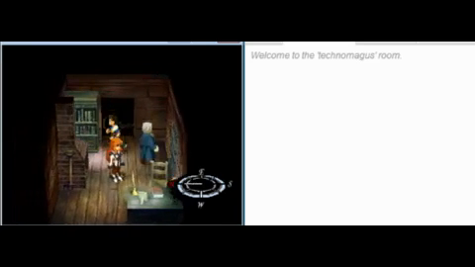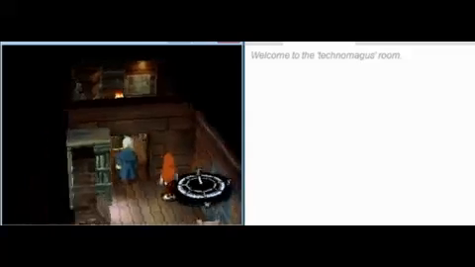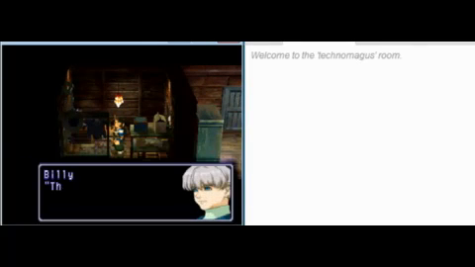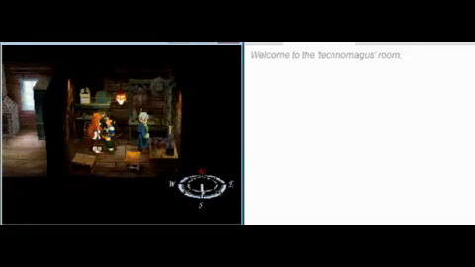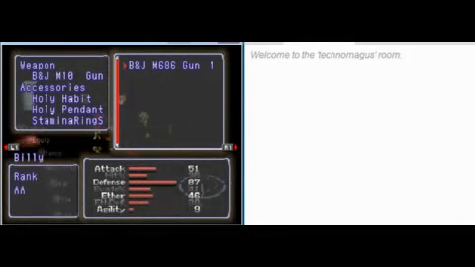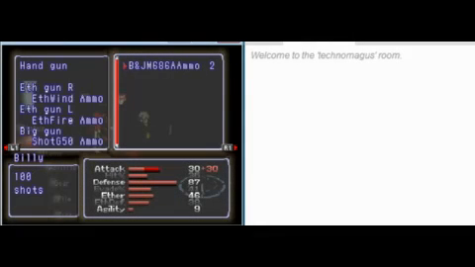So you actually have to open the bookcase by pushing it. And then... basically you get a gun for Billy. And it also does come with some ammo. Not a lot, but enough. Alright,